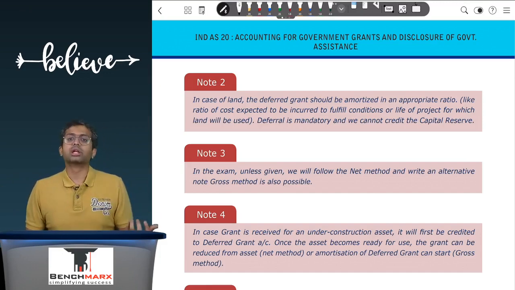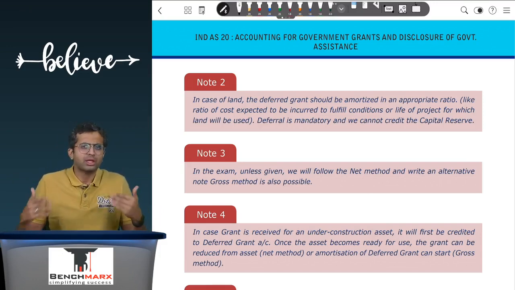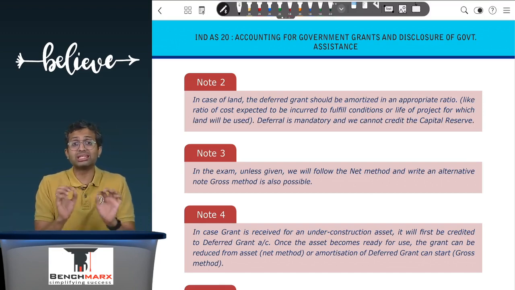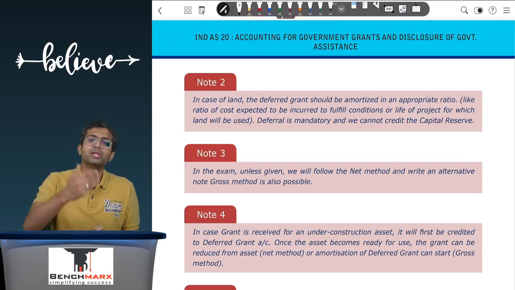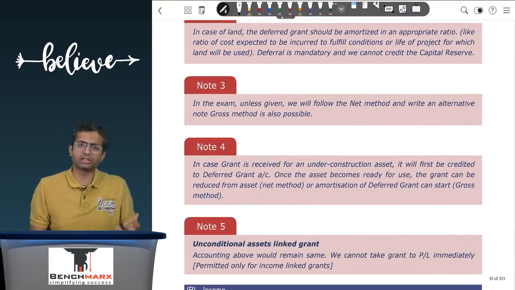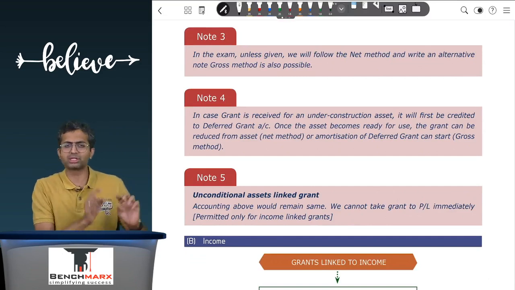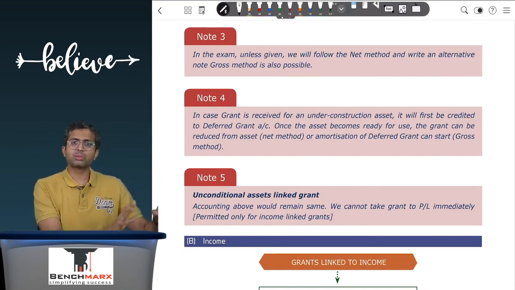If there is an unconditional grant which is given for a fixed asset, so there are no conditions attached, the standard still applies the same treatment. Like when you study further, you will see that in income linked grants, if it is unconditional, that is non-refundable, then the entire balance will be taken directly to the profit and loss account. However, in case of an asset linked grant, if it is an unconditional grant, you will still continue to account for it in a similar way. Like you can either reduce the grant from the asset, show it at net amount and then depreciate, or you can show it as a deferred grant and amortize it in the ratio of depreciation. So this is about the accounting for